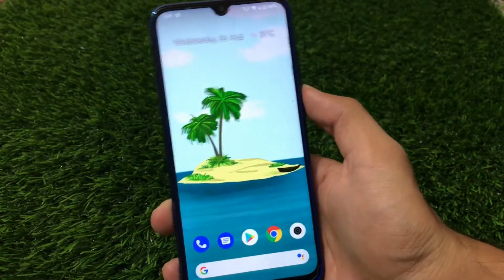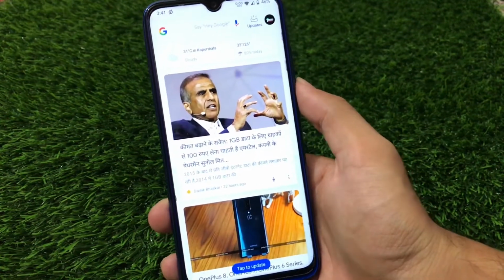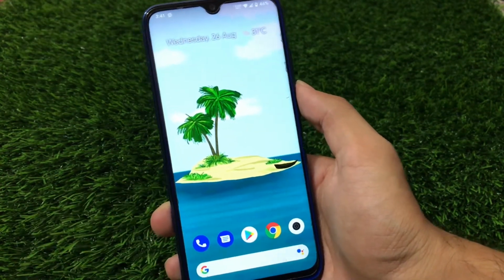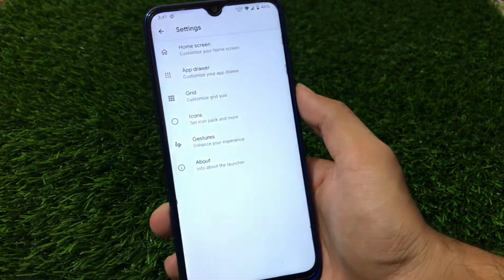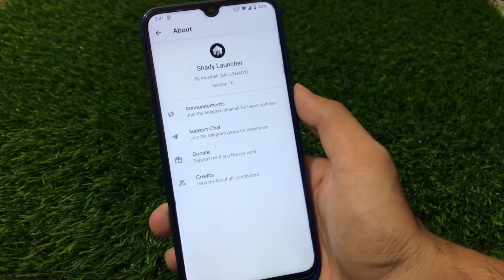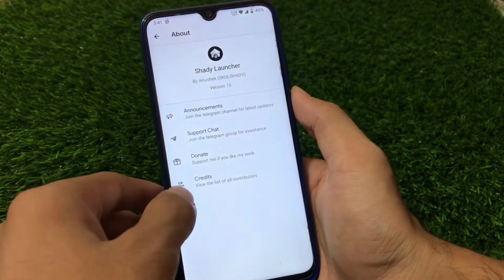Okay guys, first of all let us start with the home screen and the launcher. We have the default launcher, something different. This is not the Pixel launcher. What is this launcher? This is actually the Shady launcher, which is pre-installed, which is something kind of unique. When you go to the about section, you can see this is Shady launcher by Anu Sheikh, Skull Shady version